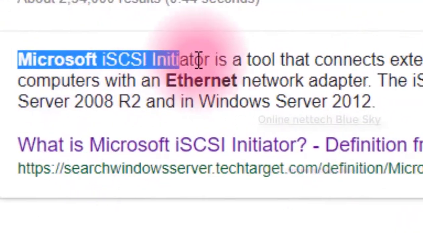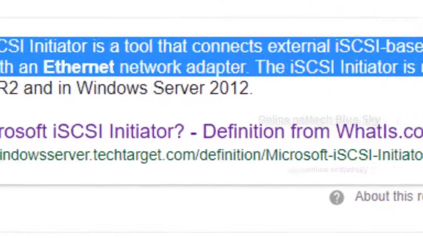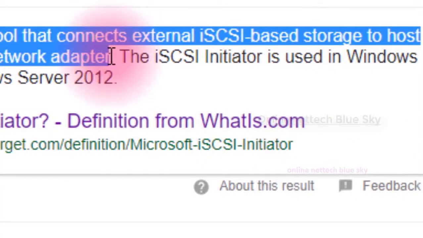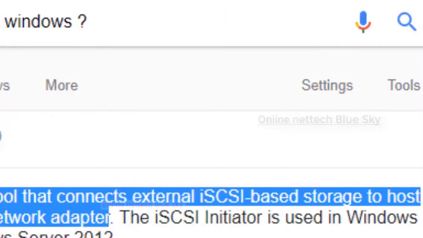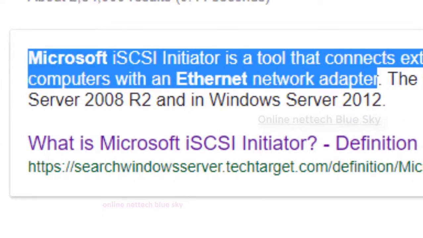Microsoft iSCSI Initiator is a tool that connects external iSCSI-based storage to a host computer over your network adapter. iSCSI Initiator is not available in Windows Server 2003 or 2000; it is only available in Windows Server 2008 R2 and Windows Server 2012 and later, meaning Windows Server 2008 R2, Windows Server 2016 and Windows Server 2019.